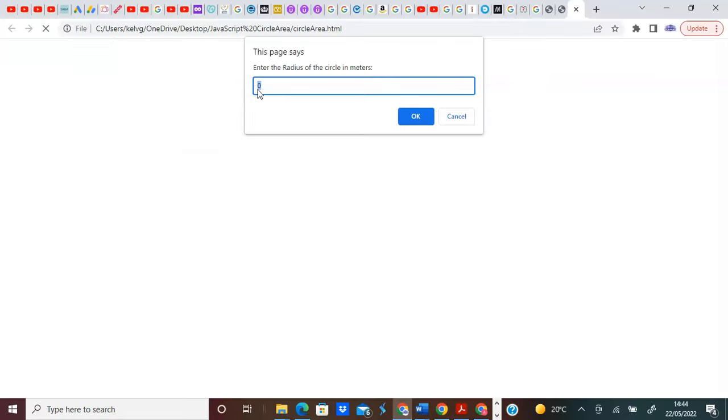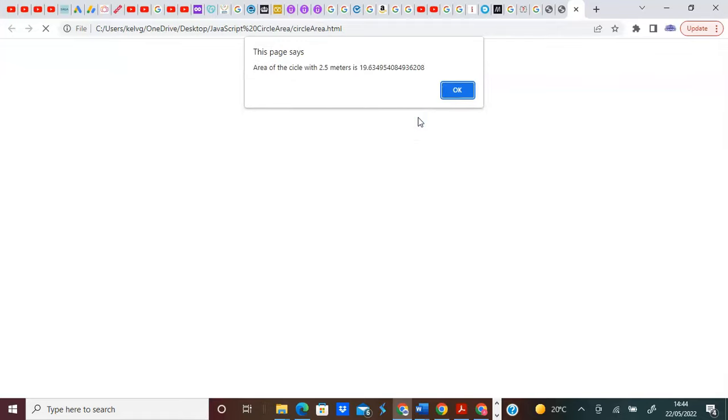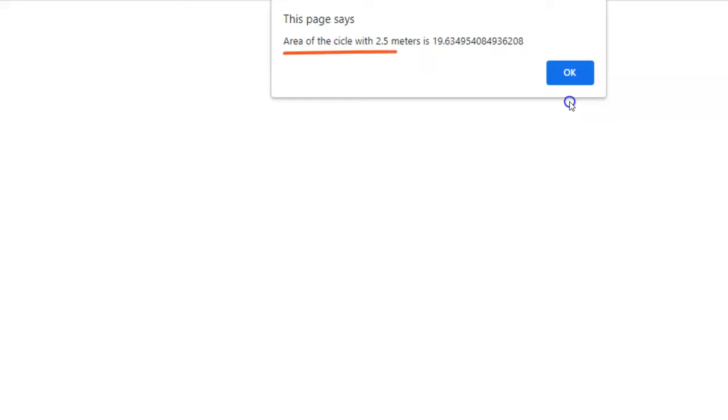Next, let's enter something like 2.5. Next, I will click the OK button. Next, we have a new box. The area of the circle with 2.5 meters is, here we have a very long string of numbers, which is